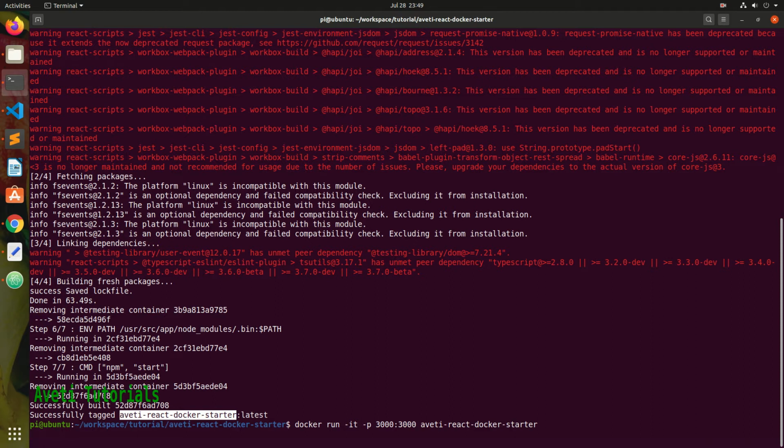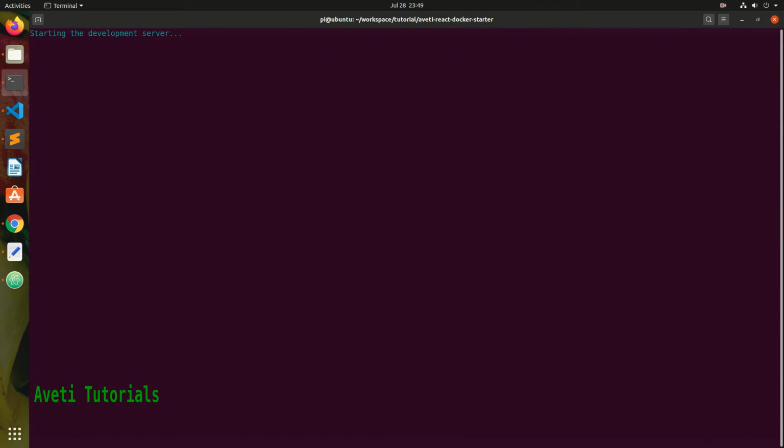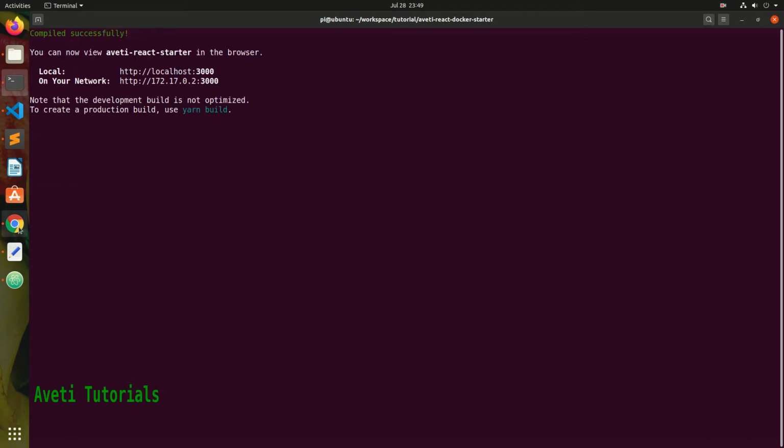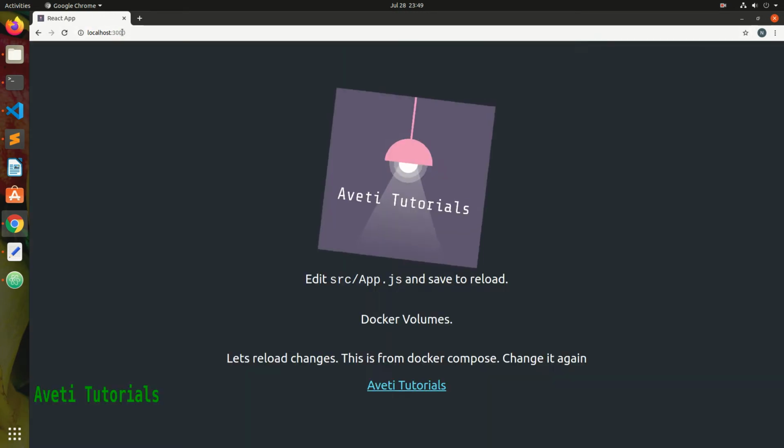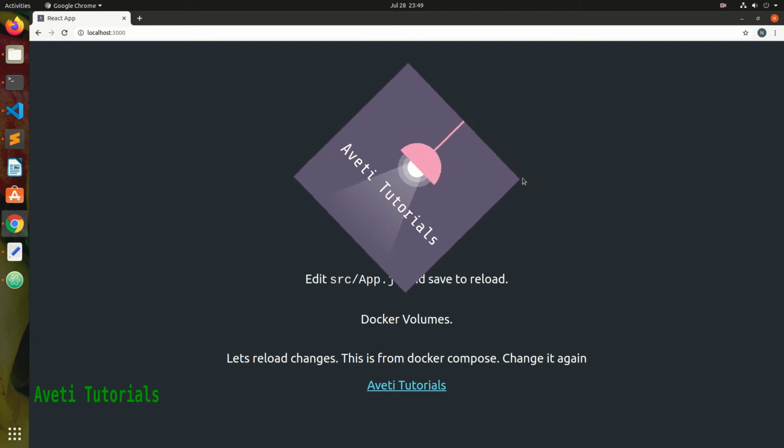It will take some time to compile, and the development server is starting. Now I will go to the browser and type localhost 3000 and you will see our application is running.